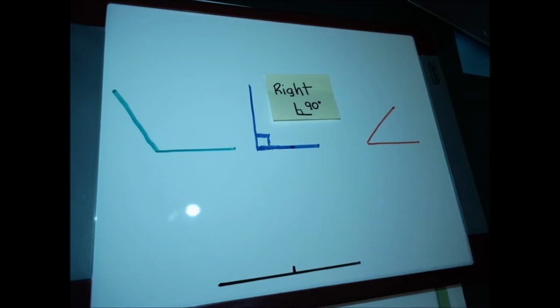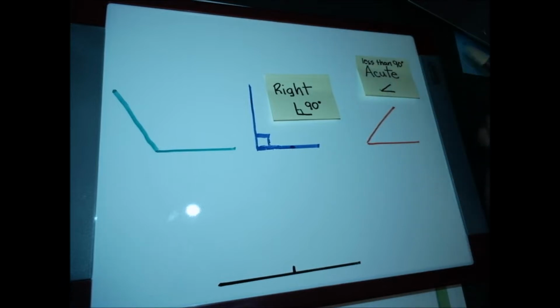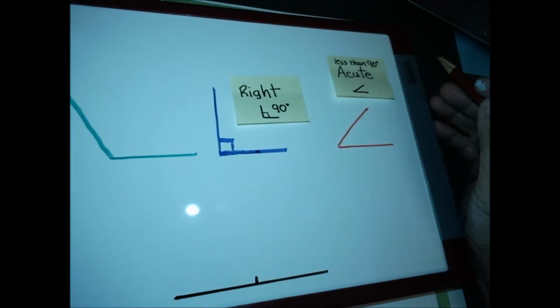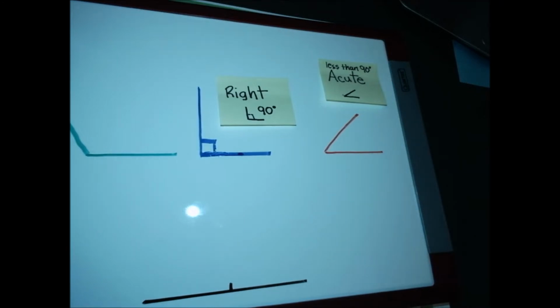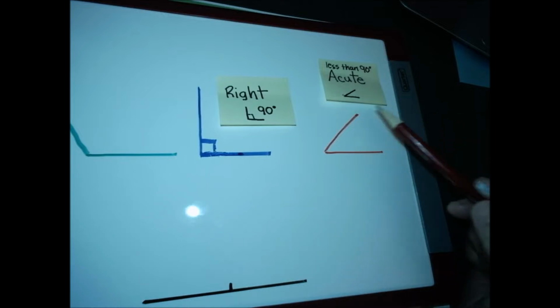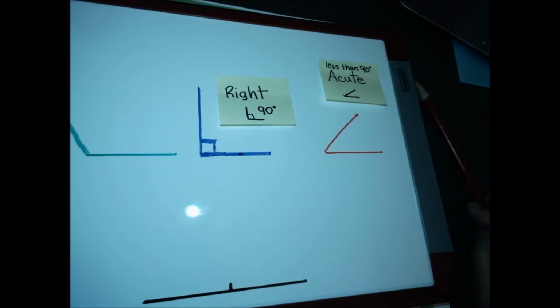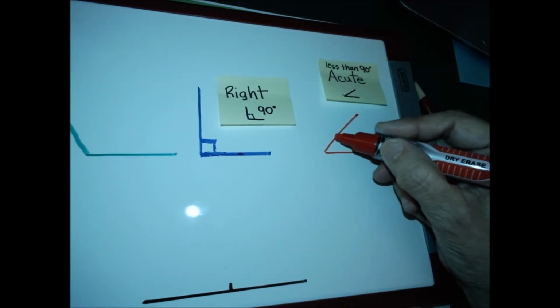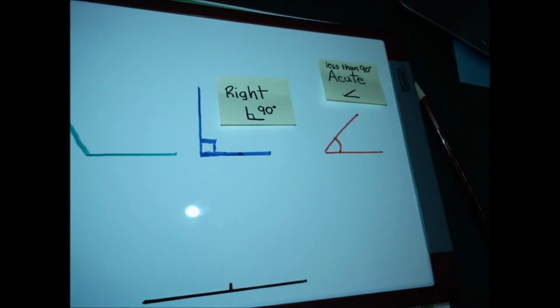And then of course there is the acute angle. Acute angles are less than 90 degrees. Generally I remember acute because cute things are like puppies and babies, and those things are small. So I remember that acute means less than 90 degrees. We also show angles by drawing in an arch. So if I'm going to indicate this is an acute angle, I would draw that arch right in there